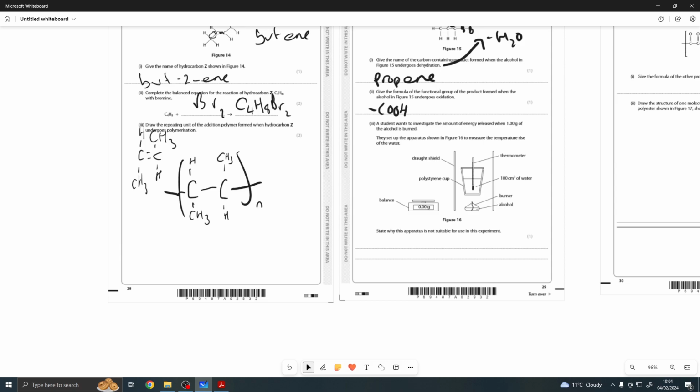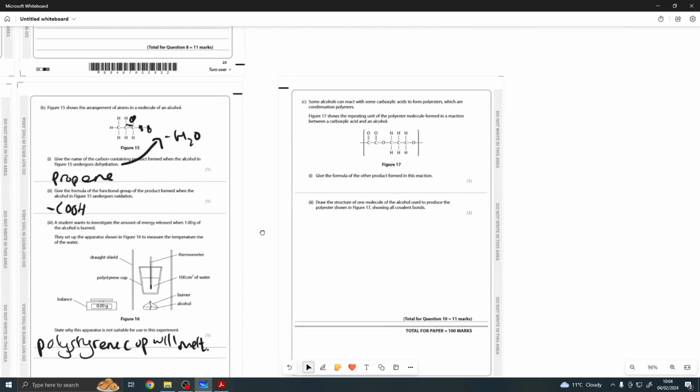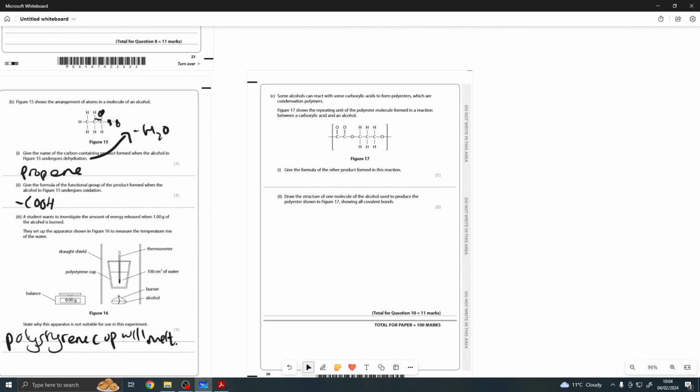Okay, now you've got a burner which is going to burn. You're going to get a flame. You've got a polystyrene cup. What's going to happen if you put a polystyrene cup in a flame? Okay, the polystyrene cup will melt. It will melt. Then you'll make a mess. And you'll say, I've made a mess. My cup's got a hole in it. Really? Anyway,